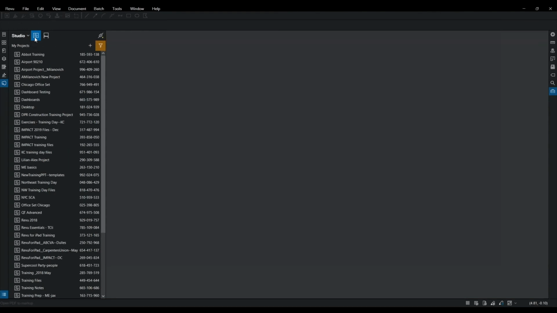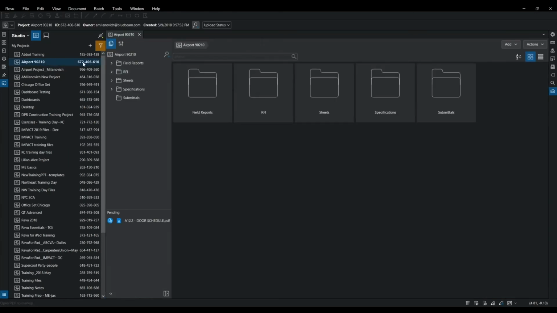Now, what I'm going to do first is show you what an existing project looks like. I'm kind of going to show you the completed cake before we go and bake it. So I want you to be able to just see what this looks like. I'm going to open up my existing project. I've got this airport project here. I'm just going to left click on it. Once I've joined a project, it's going to stay in my list here until I remove it or it's closed.